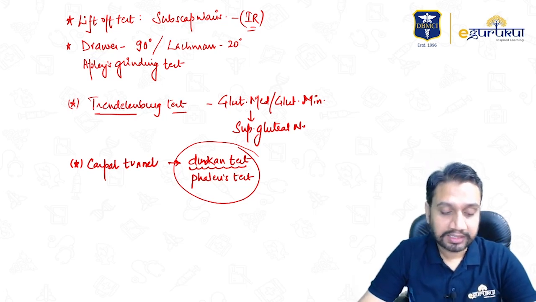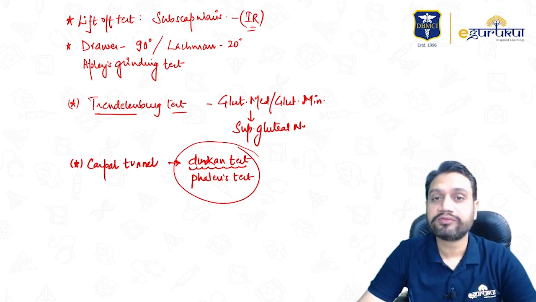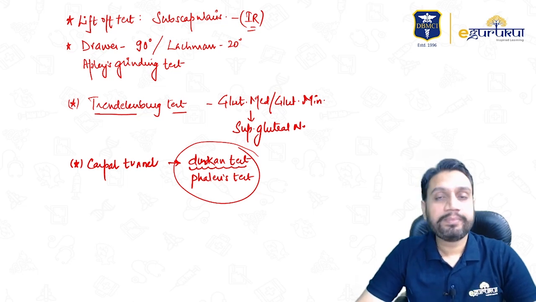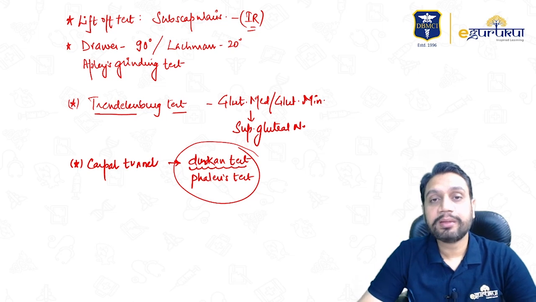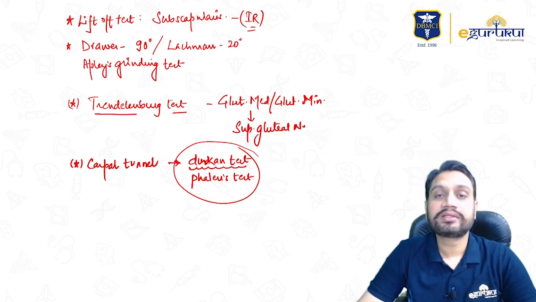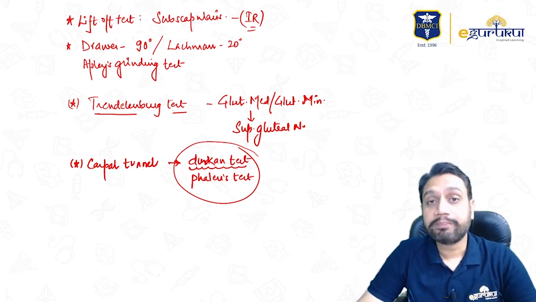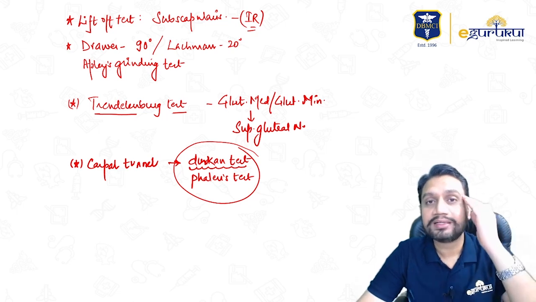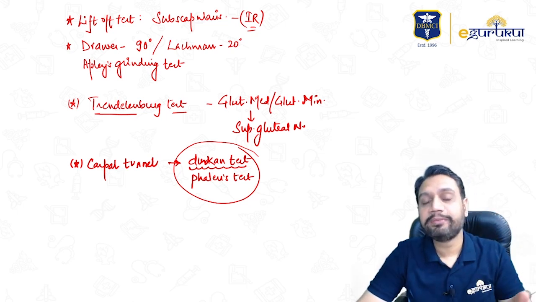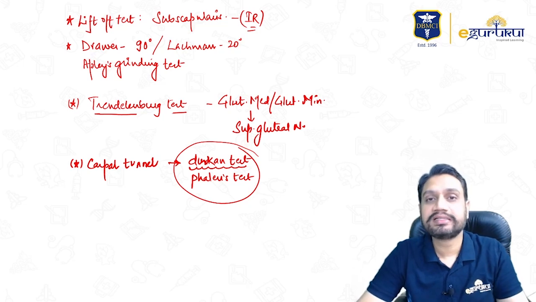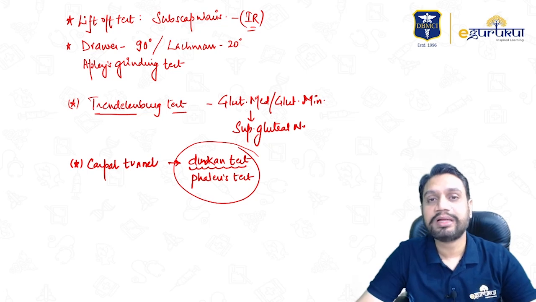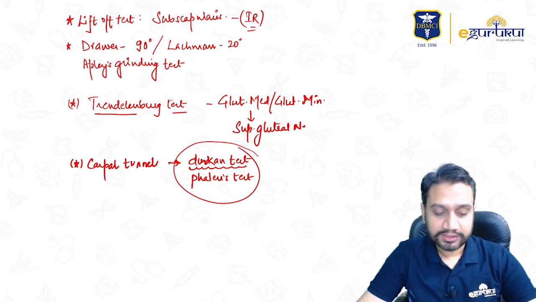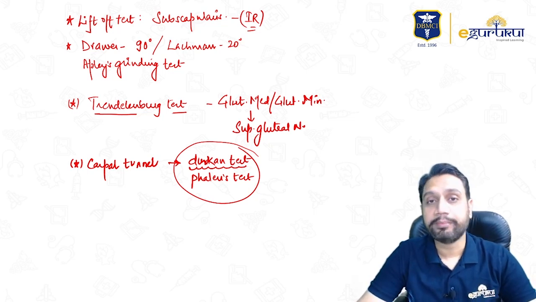The Trendelenburg, carpal tunnel, drawer, Apley's, lift off, and others I said. As I've always said, there are multiple ways to ask a particular thing from you, right? But the basic concept has to remain, that what exactly are they asking me. There might be a language which is some 5 lines, 6 lines, 7 lines, hardly matters to me. I know the crux, so I'll be easily able to crack it. Okay, so these are the tests which I want you to remember.